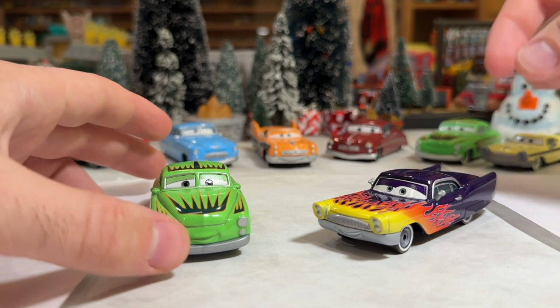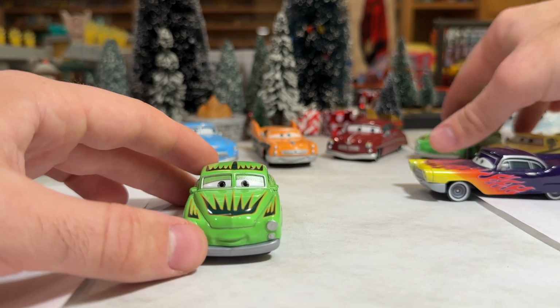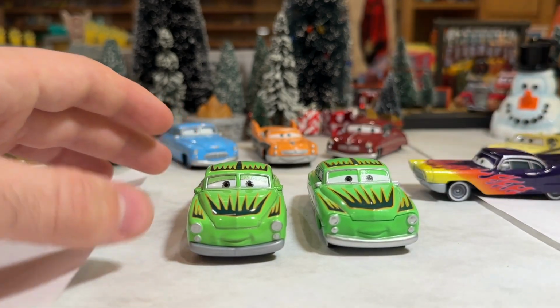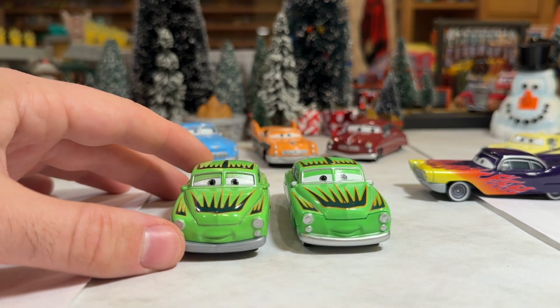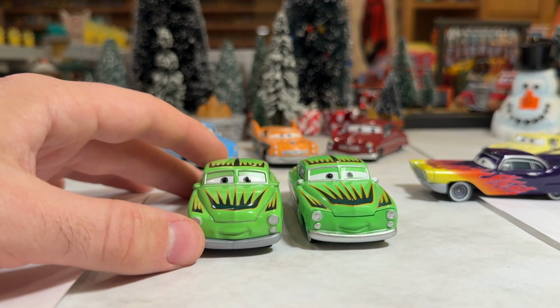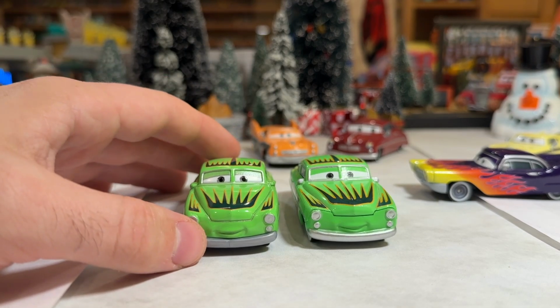I like that. Let's start with Edwin. I like Edwin more than Greta. I'm just going to be honest. I just think, maybe it's because he was the first one, maybe because I just love his paint scheme, and the pattern here is just so unique. But either way,